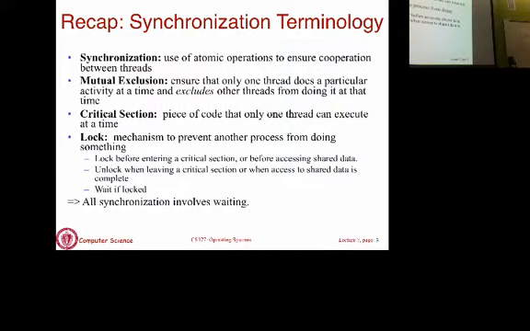But here are some terms which we will use, and I'm going to define them one at a time so that we are all on the same page. So synchronization, what does that mean? It is basically a use of some atomic operations to ensure that there's cooperation between threads. The threads are coordinating with one another, and to ensure correct coordination or cooperation, you have to use some atomic operation. Now, what does atomic mean? Atomic means all or nothing. An atomic operation is either the whole operation succeeds or nothing happens. You can't do partial operations and stop in the middle.